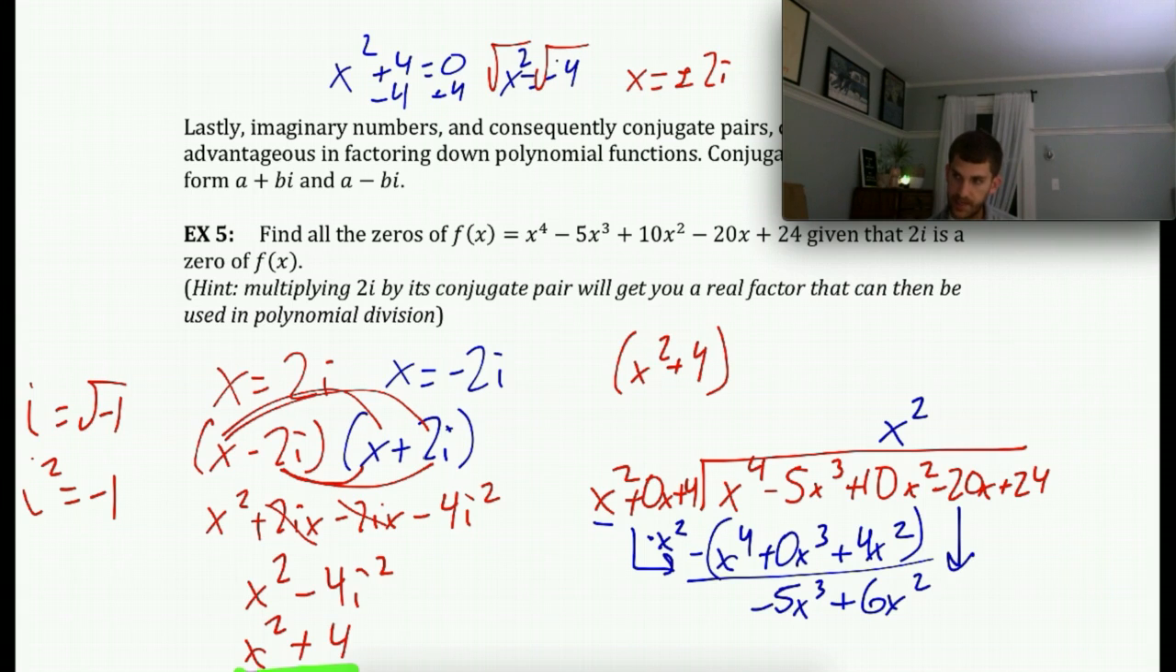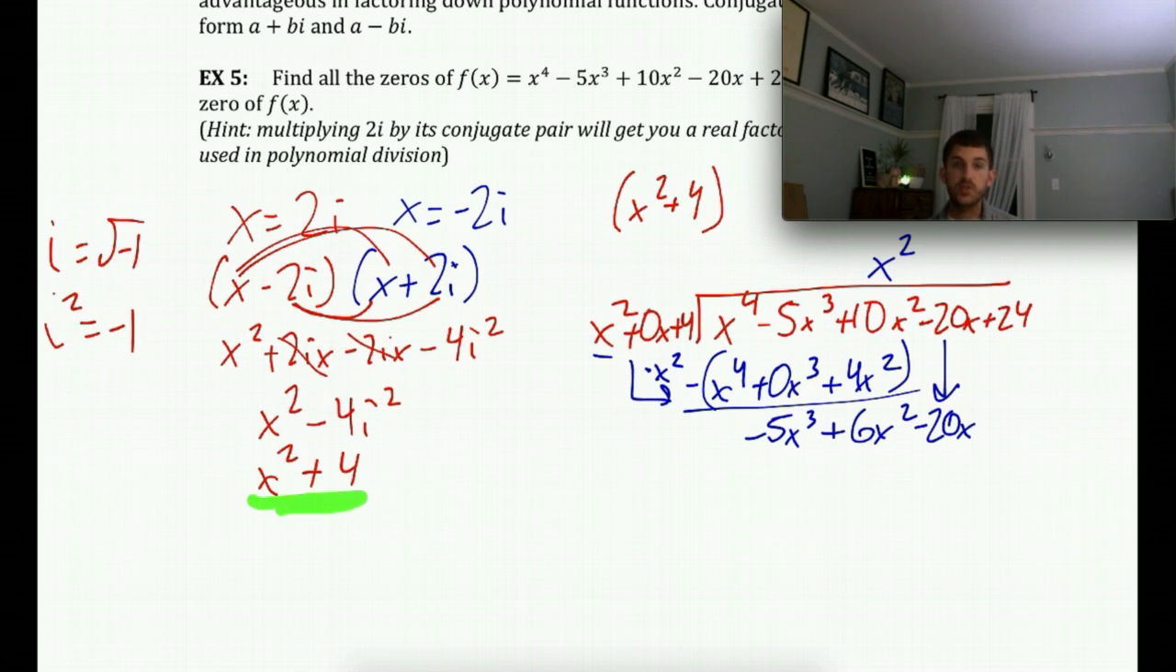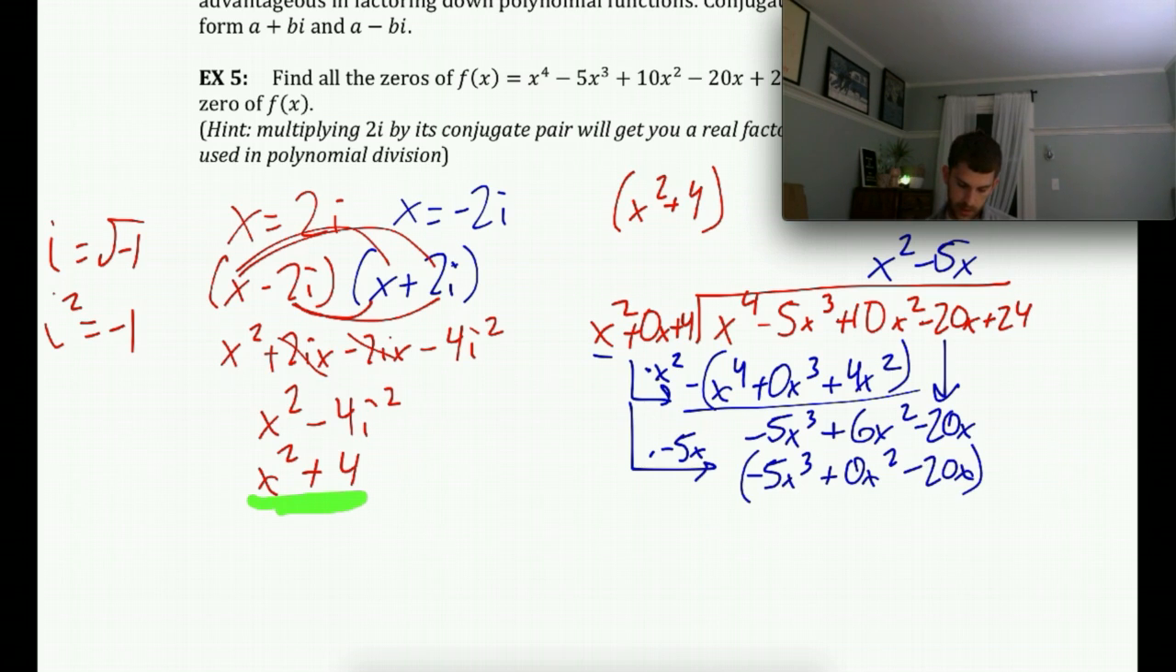Now, let's bring on down that negative 20x. We're going to say, okay, x squared times what gives us that negative 5x to the third? Well, that's negative 5x. So we're going to multiply this whole thing by negative 5x. So x squared times negative 5x is negative 5x to the third. 0x times negative 5x is 0x squared. And then 4 times negative 5x is negative 20x. And when we subtract these two lines, we end up with